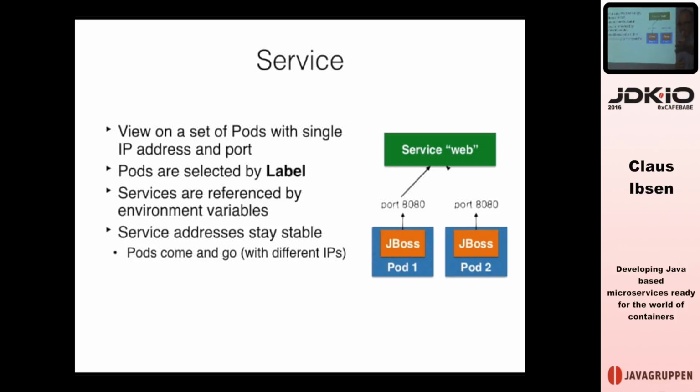So how can I call your application in the pod if your IP address changes all the time? Well, how should I do that? Should I look up some sort of registry and find where are all the running pods with the application, and maybe there's 1 or 2 pods, and I pick one and I call you, and when I start to call you, you die, and then you fail? No, the idea with Kubernetes is that you can use a service for that.